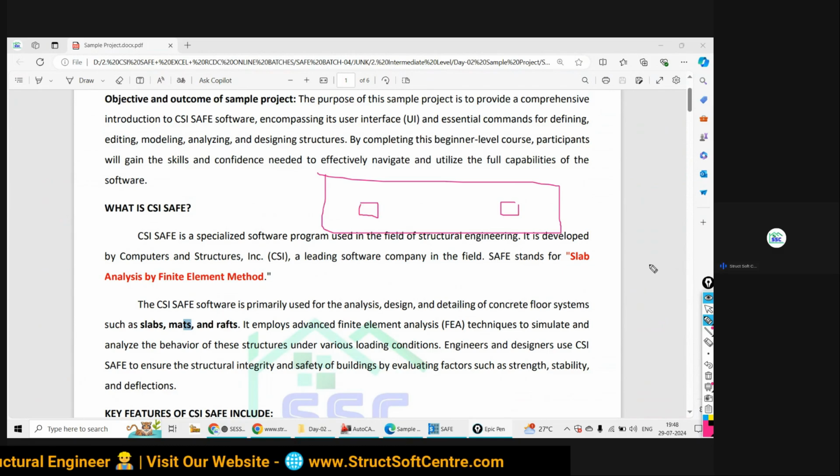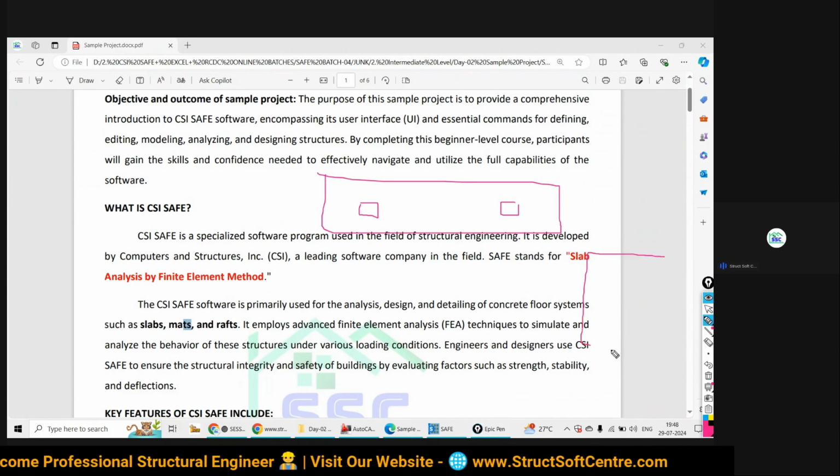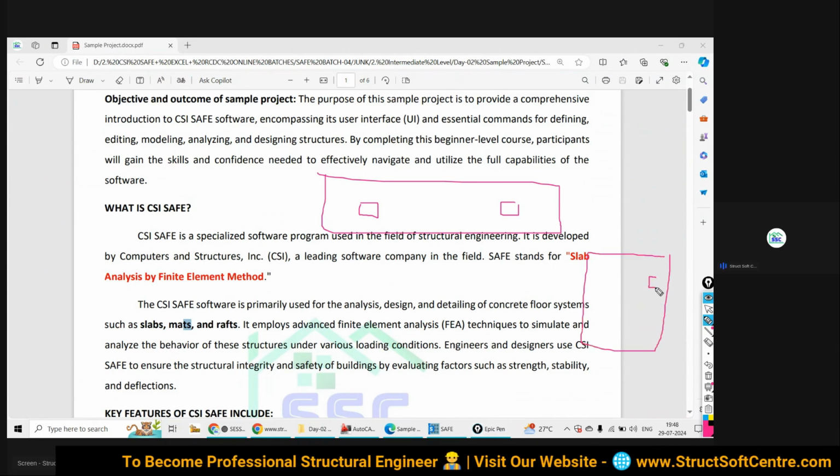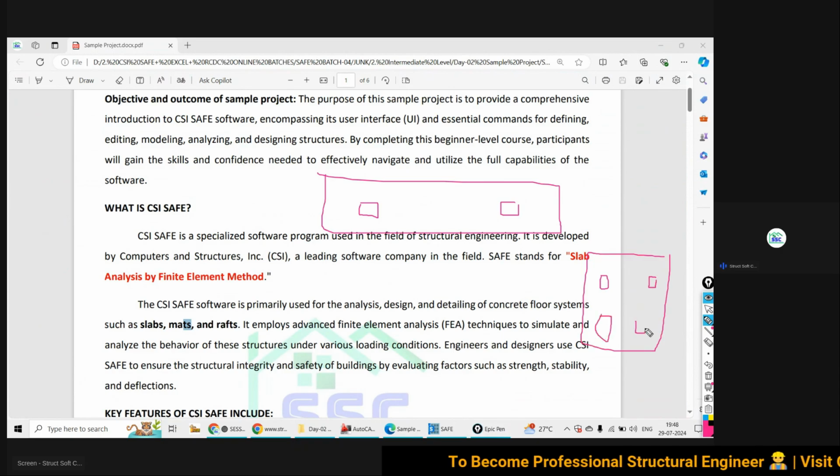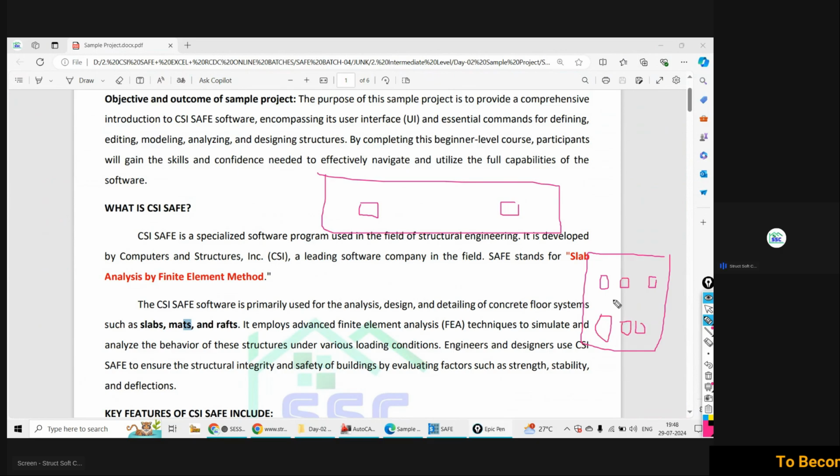If you ask me to do a raft foundation of very simple geometry where five to six columns are there, to some extent I can do it manually, using a spreadsheet or Excel sheets.